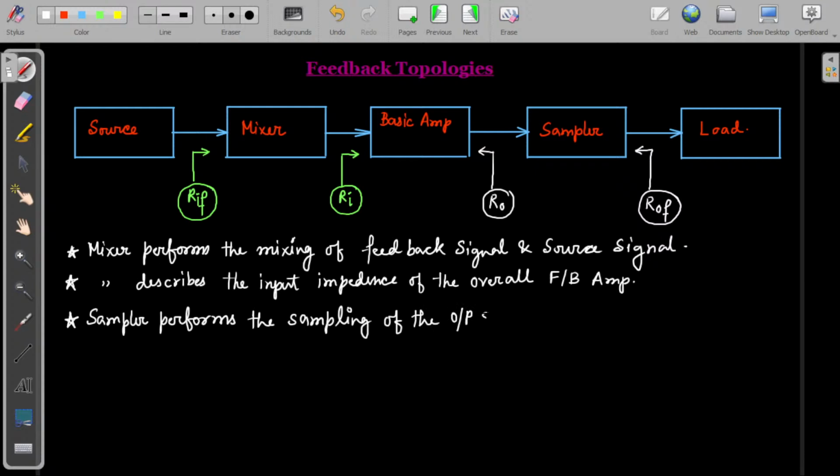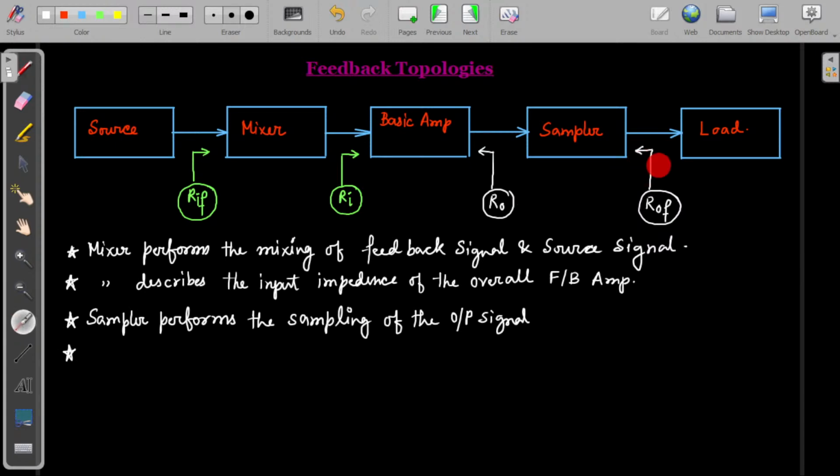आउटपुट सिग्नल के जो सैम्पलिंग होगा, सैम्पलिंग मतलब उसके जो एक पार्ट निकल के आएगा, वो पार्ट आपको कहाँ से निकल के आएंगे, सैम्पलर आपको करके देगा। तो और एक चीज़ यहाँ पे देख रहा हूँ कि सैम्पलर का जो आउटपुट इम्पीडेंस है,